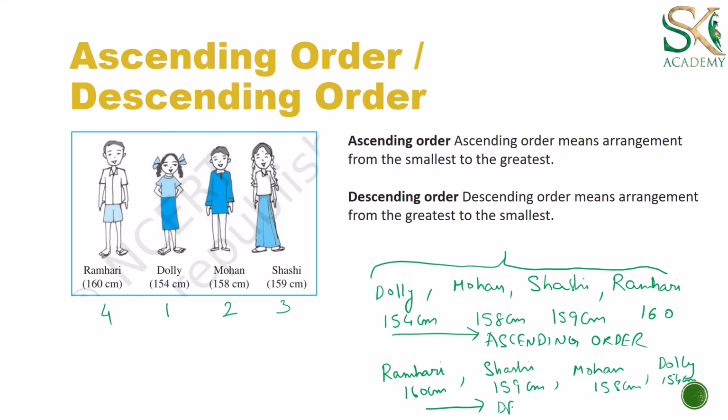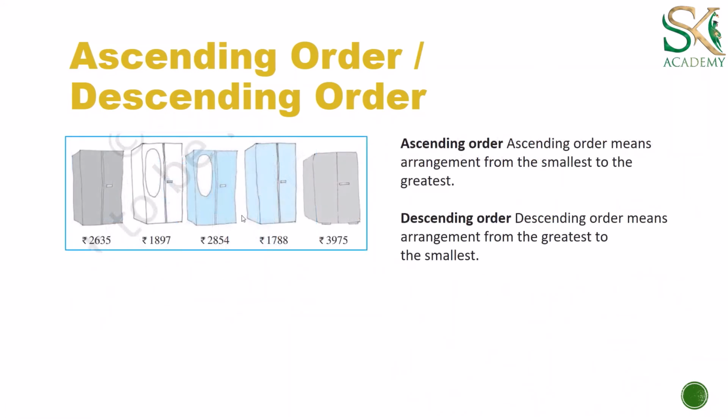Now this is what we are going from greatest to the smallest. This is called descending order. So if you have to remember, ascending order means arrangement from smallest to greatest. Similarly, descending order means arrangement from greatest to smallest. Now for example, if you have to put it in an ascending order and descending order,